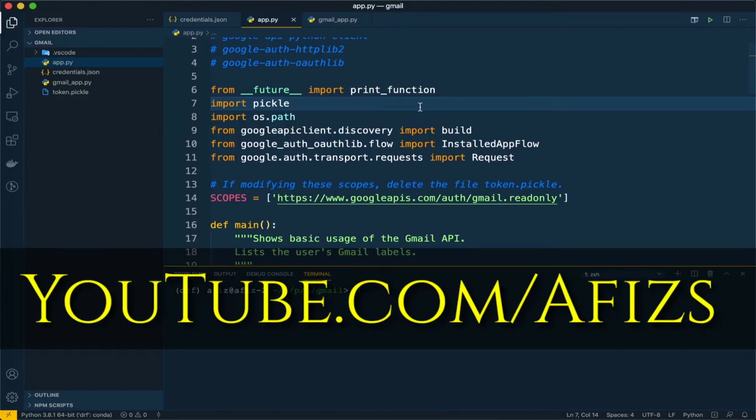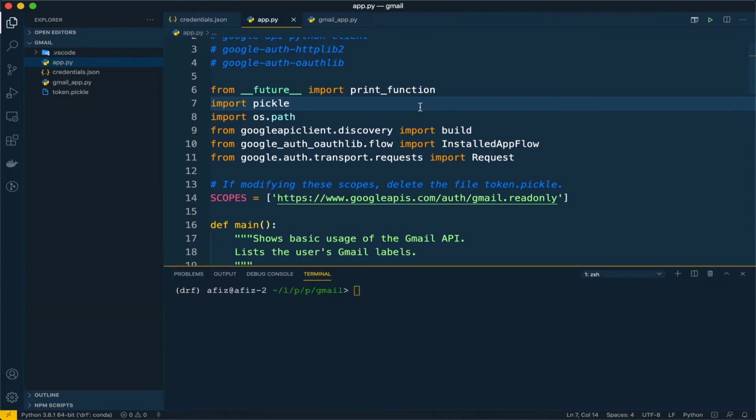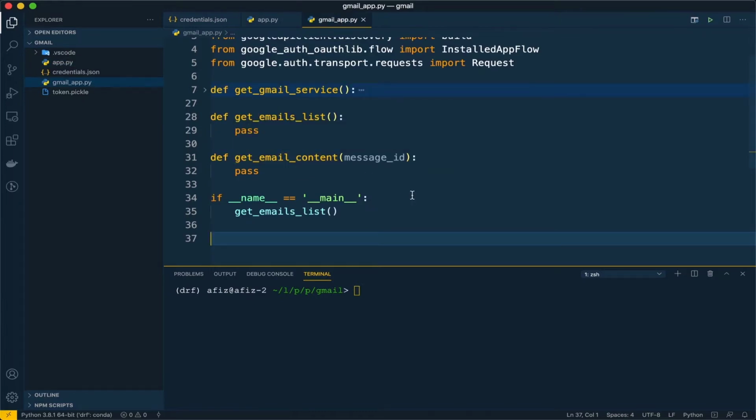I am Afiz. In the previous class, we have seen how we can connect to Gmail API, and we have also used the sample code to download the labels from the Gmail. In this class, we will rewrite this code in our own way, so that we can actually download the emails from the Gmail. It will be a two-step process. In the first step, we will download the email IDs, and using that email ID, we will actually pull the